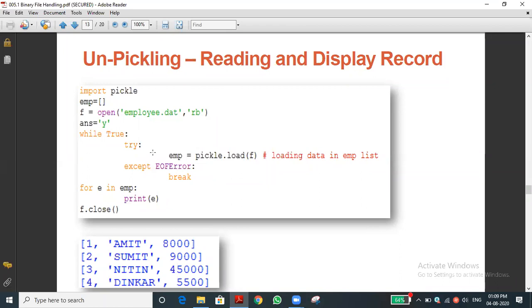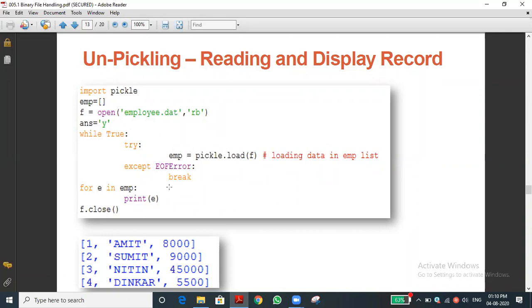Okay, let me say that. For example, the try block will execute. If the try block produces an error, any error, we have to mention what we want to do. Already you know that if any error occurs, the program will be stopped. But if you are using the try and except block, what will happen? We can avoid the abrupt stopping of the program. Instead, we can give some other alternative, or do some other operations or execution.